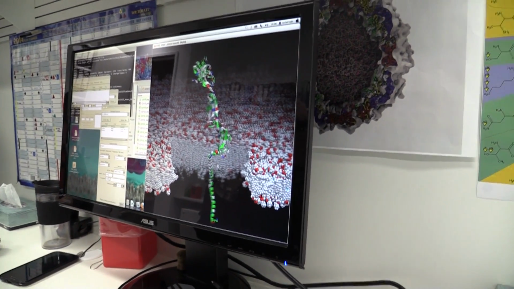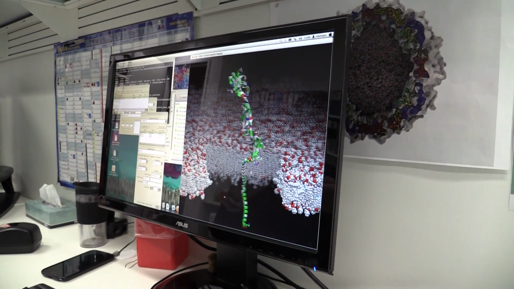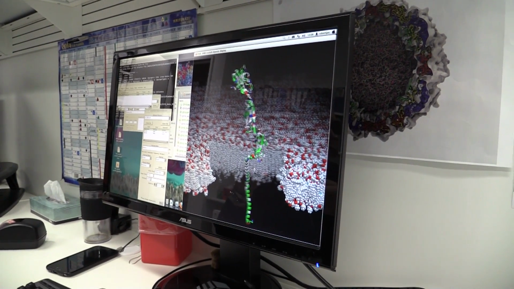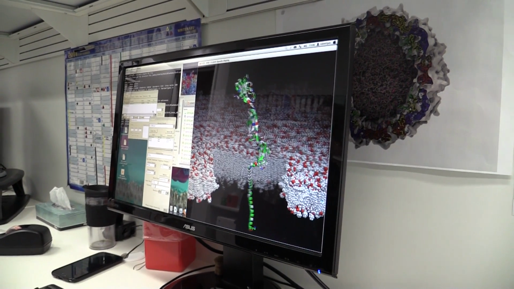I've got a little server, like a little 2-unit rack, which we can go and have a look at later on. And that's got 4 of those Tesla cards in it. So at the moment that's running at 2.4 teraflops, and we're hoping to be able to get that closer to 10 teraflops. So when we run this sim,